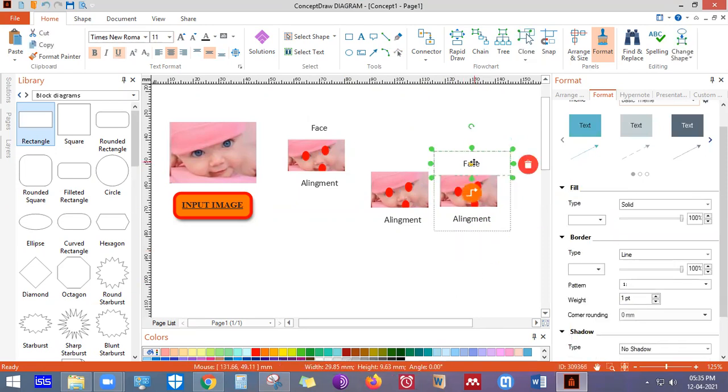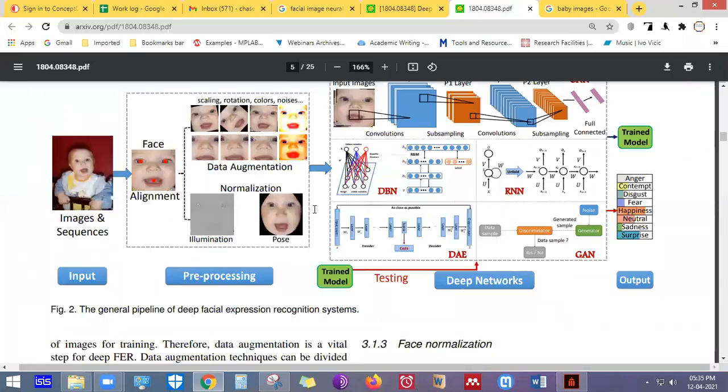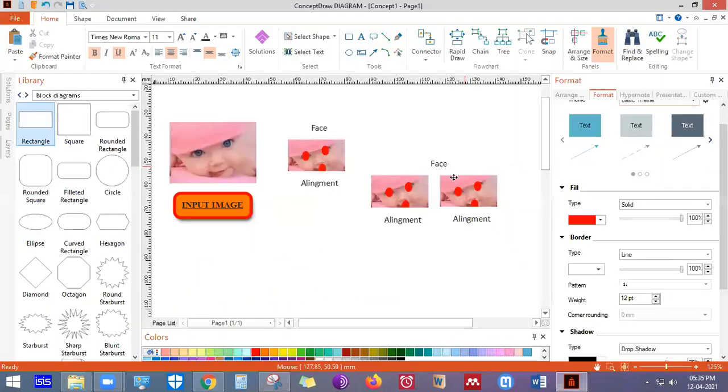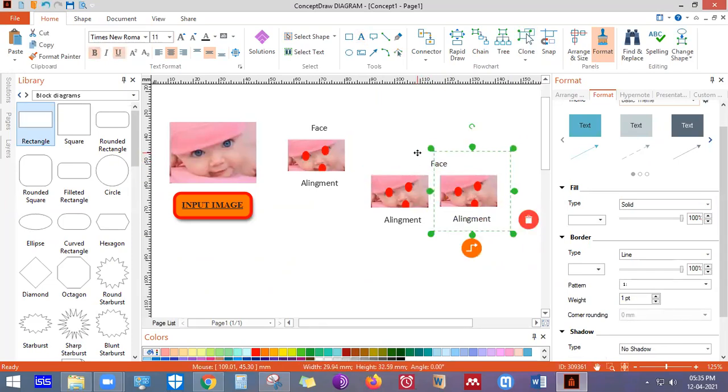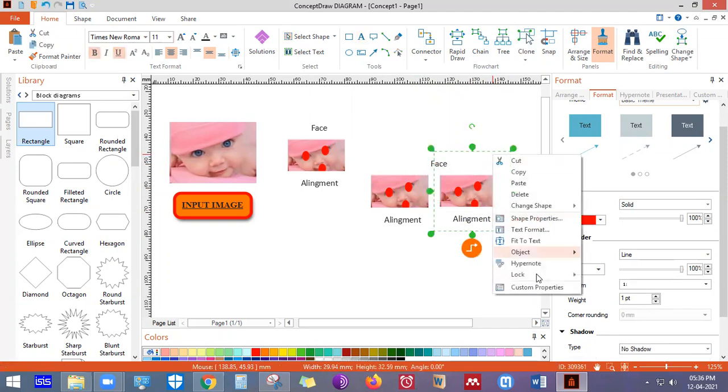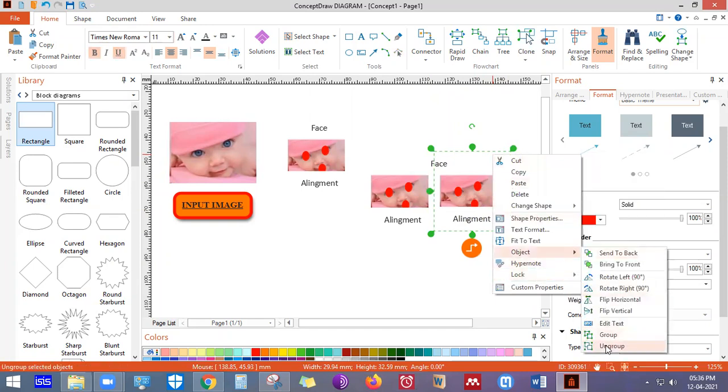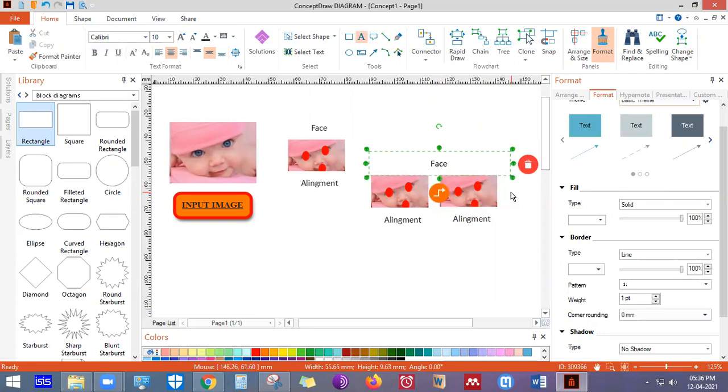And then I'm going to click on the face, and then I'm going to expand it just over the images. So here we have normalization, and then we have illumination, and then pose. So I'm just going to double click on face. So it is not allowing me to do that. So I'm just going to ungroup it again. So now I can edit the face. So illumination, normalization,